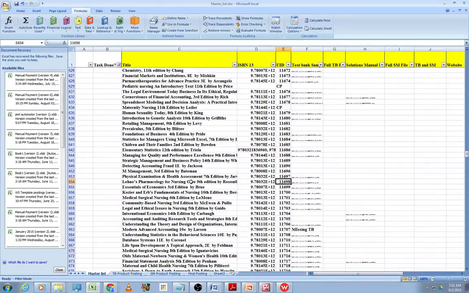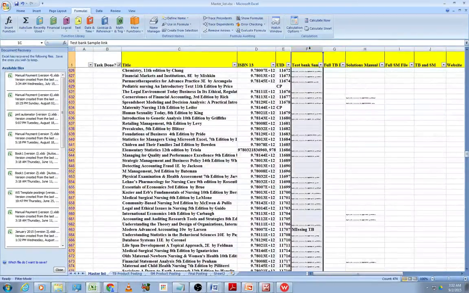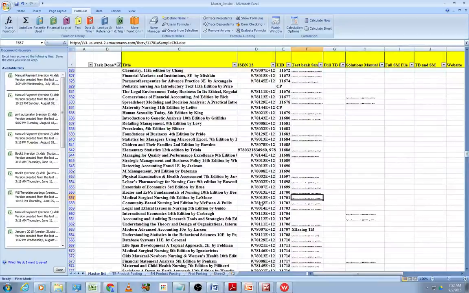Each thing that I sell can have up to 2 resources or 2 product postings. If you see anything in here, that means that I have this for sale for this type of product, and this product is called test bank. So when you do a posting in WordPress, anything that's in here will be called product A. So if we're gonna do this one, when we name it in WordPress, it's gonna be called